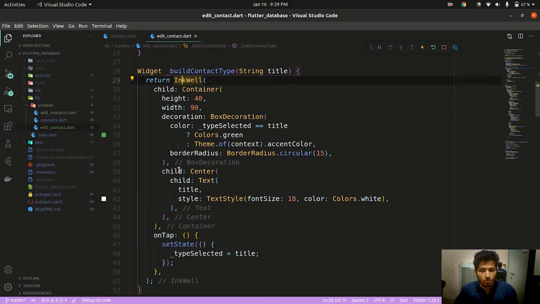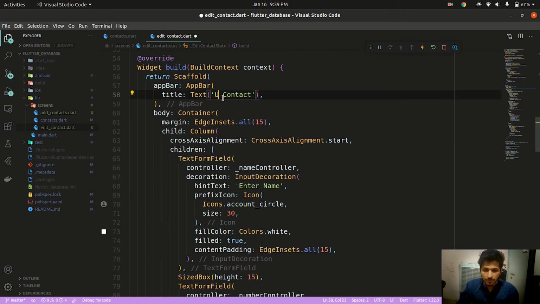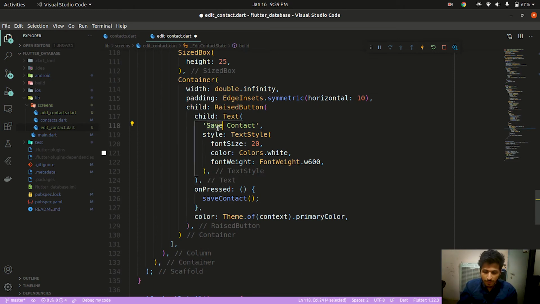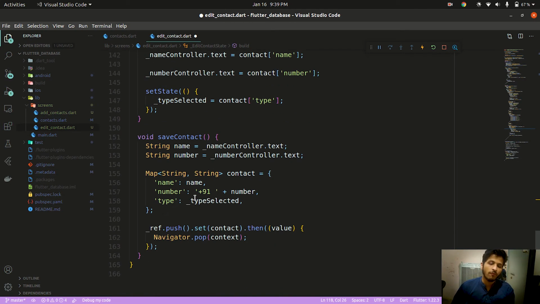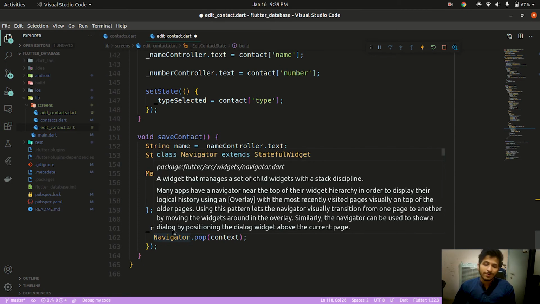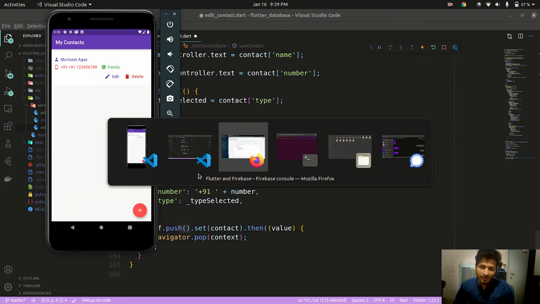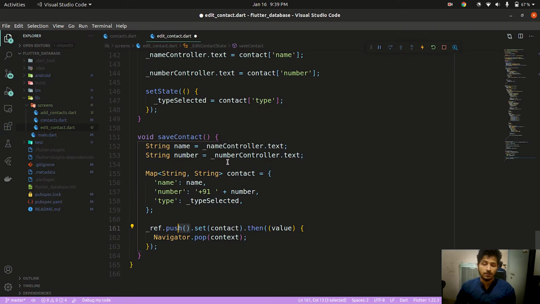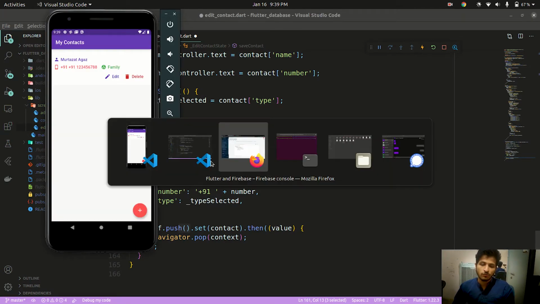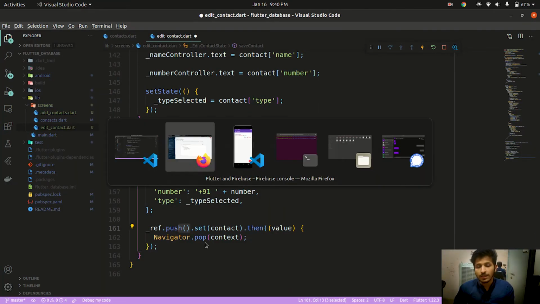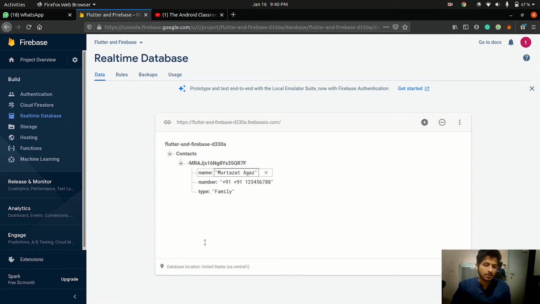So now we are getting the data of our chosen contact. Let me go to the app bar and change it to update contact, and inside this save button, I will make it an update button. Updating a contact is very easy, we don't have to do much. There's only one line of code and it will start updating the contact. You must have remembered that in save contact we are using this push function to create an auto generated key. But in update we know what the key is, so we don't have to push or generate a key. We will give this key to Firebase and tell it: Firebase, please go and update the data of this particular key.